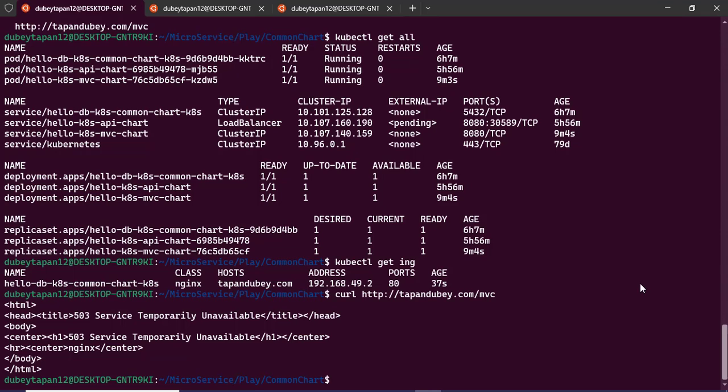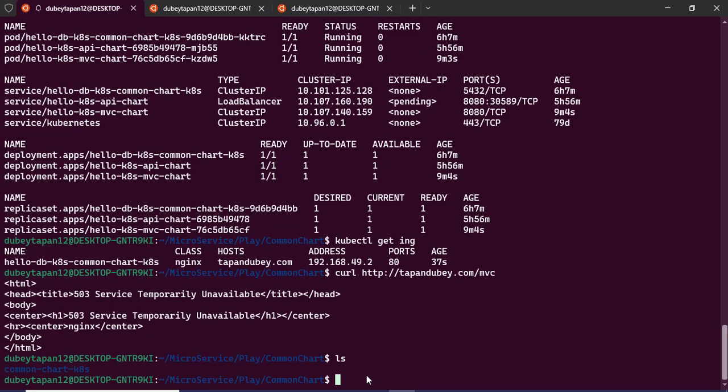So I think when we created ingress, I think we missed something. Let's re-render our template and see what was missing. So maybe I will run the helm template command, and then where is our folder? Let me run the ls command here, and then I will run helm template, and then